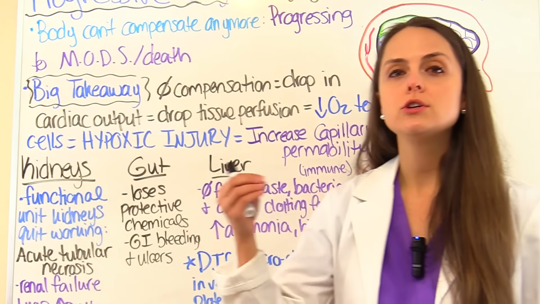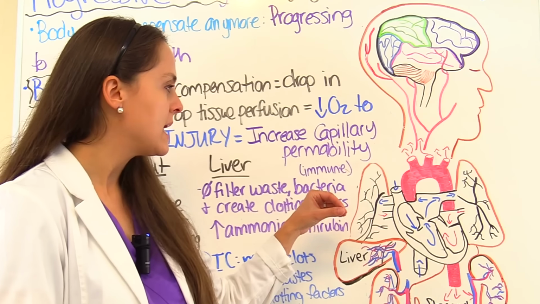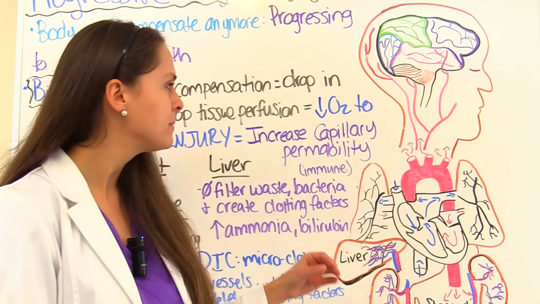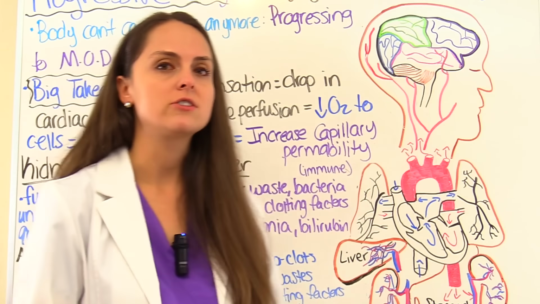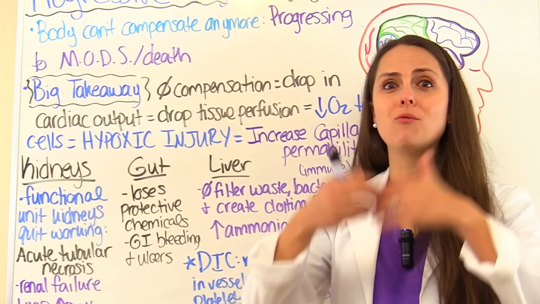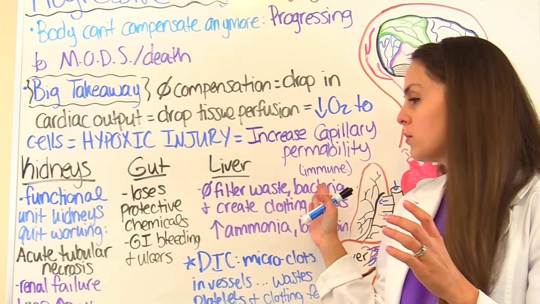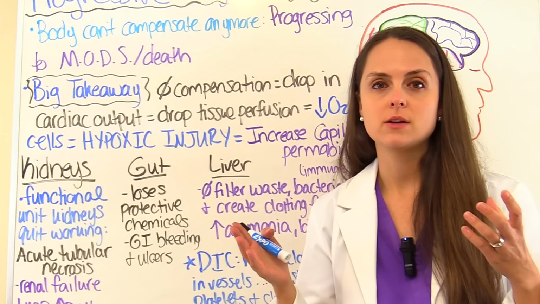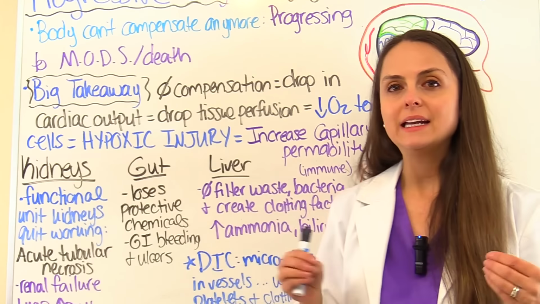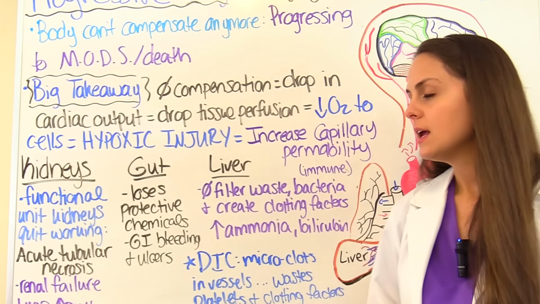So our liver can be affected. You have decreased blood flow to the cells in the liver. The liver is a really cool organ because it plays a role in filtering waste, drugs, filtering out viruses, bacteria, and it plays a role with those clotting factors. So if it's not working like it should, we're going to have an increase of waste in our body, like ammonia, bilirubin, things we don't need there. In addition, we're at risk for a germ invasion, so they can get bacteria in their blood, and clotting, so they can have bleeding problems, which leads us to another complication that can develop with shock, which is DIC.